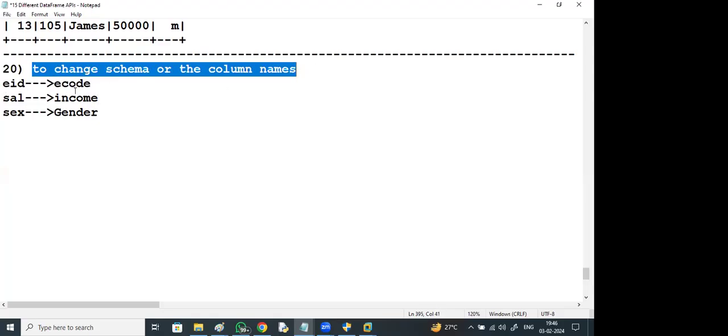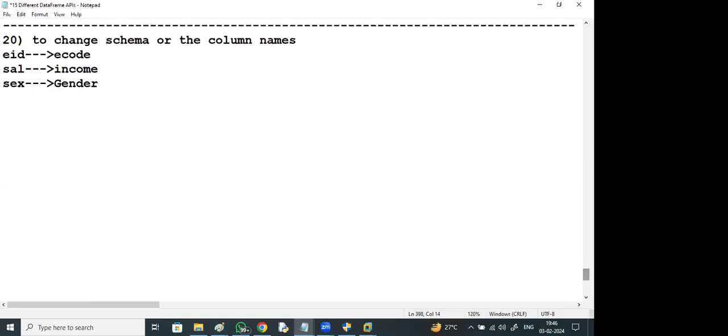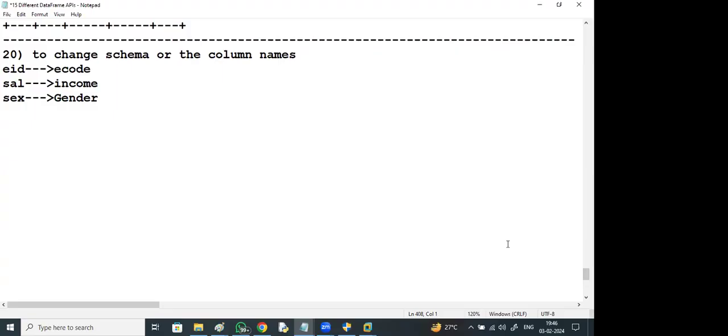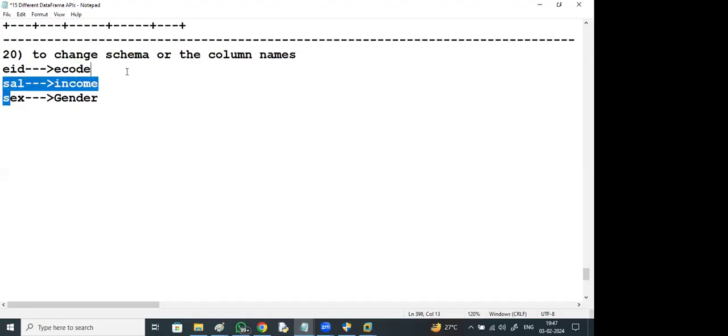To change schema or the column names: EID to E code, salary to income, sex to gender.